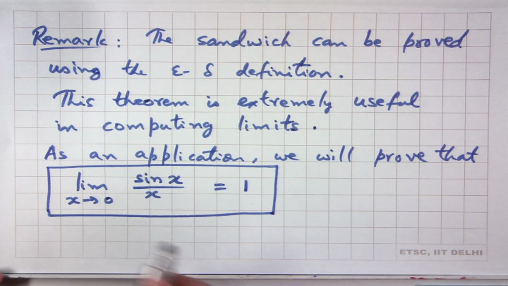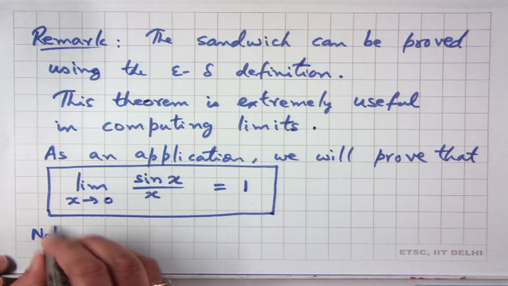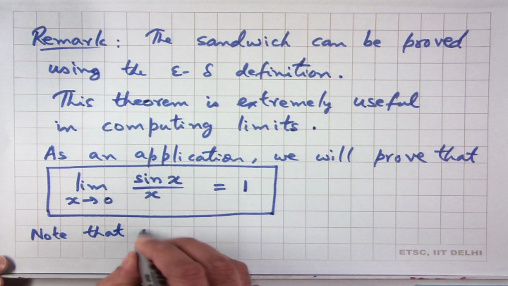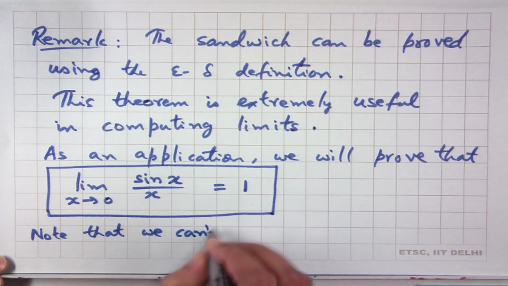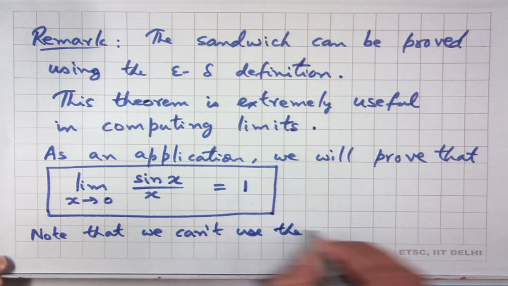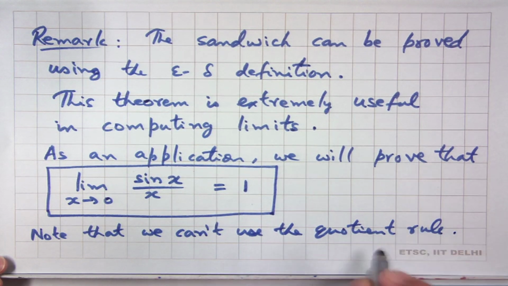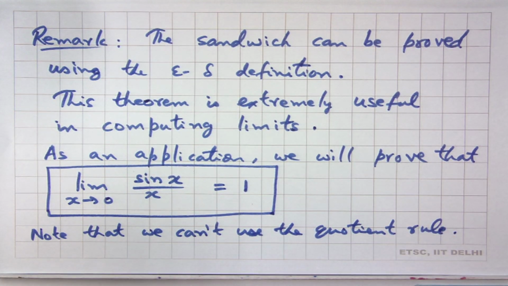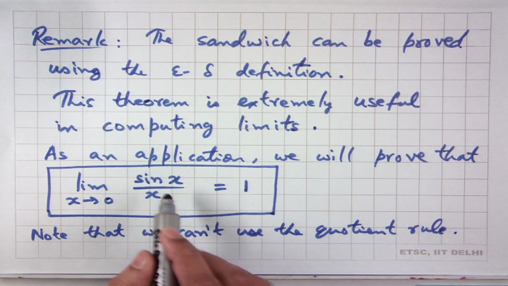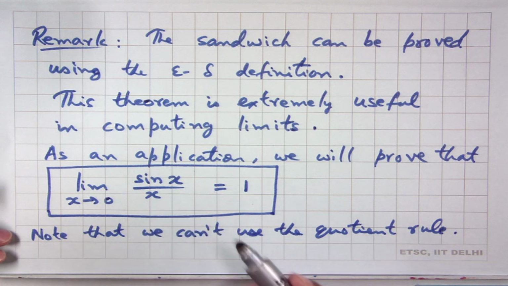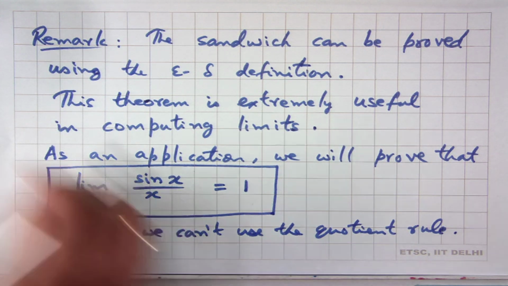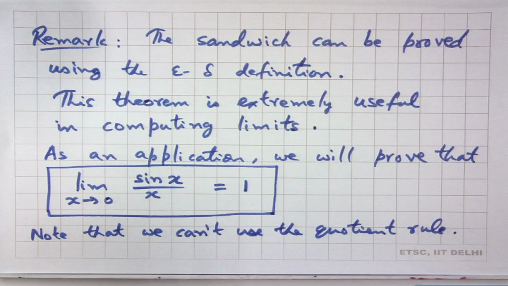Note that here we cannot use the quotient rule, because the limit of the denominator is 0, the limit of the numerator is also 0, and here we do not have polynomials where we can cancel x and then try to use the quotient rule. So, rather what we will do is prove that this limit is equal to 1 by using the sandwich theorem. So, to do that, let me first draw